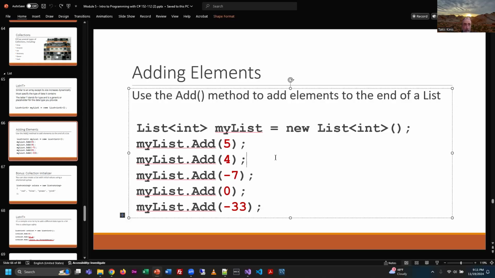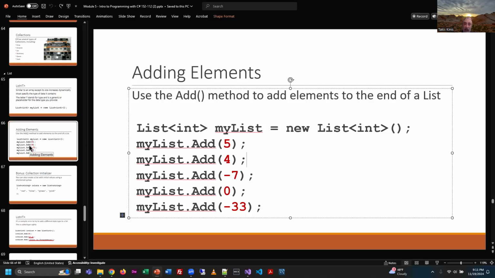And the list isn't capped at a certain size, so I can keep adding to it. Not a problem, right? I can make it as big as I need it to be. So what's the one reason you would use a list over an array then? Well, if you don't know how big it's going to get, a list is a better choice than an array,